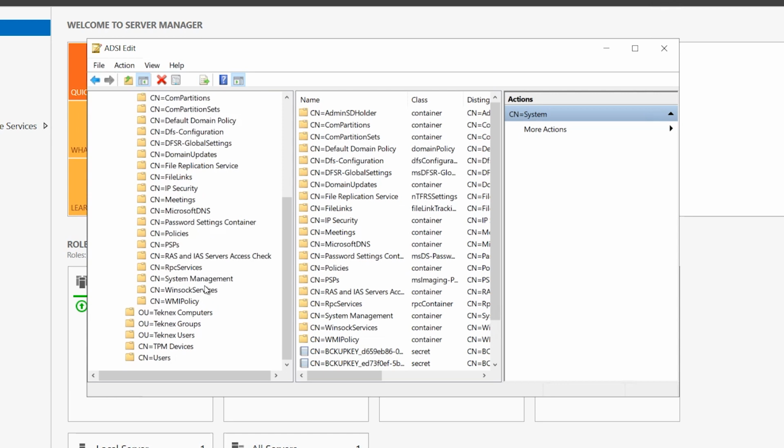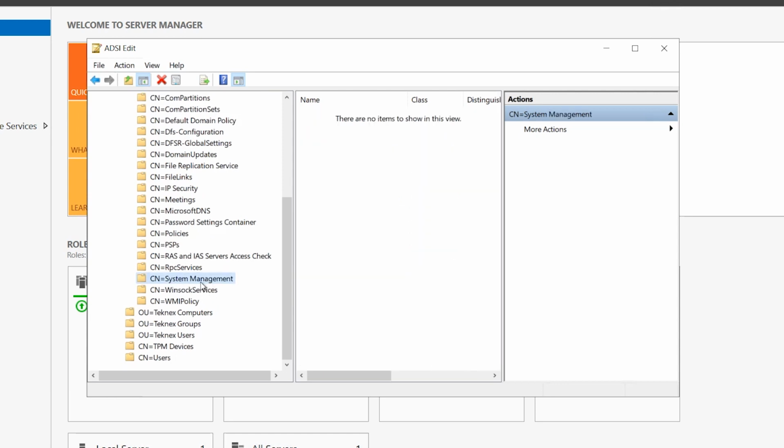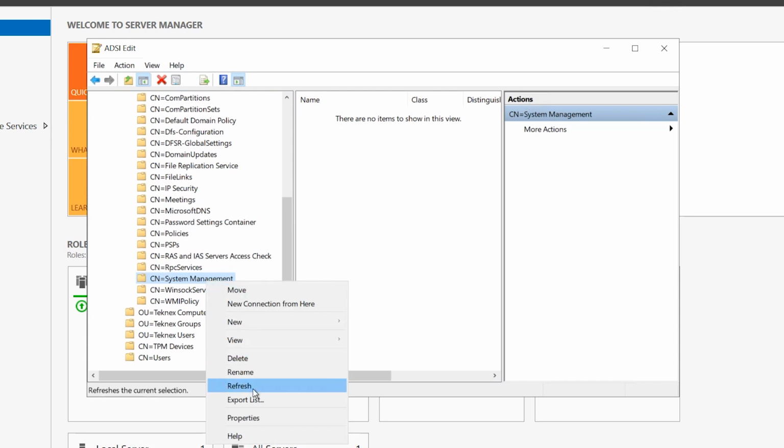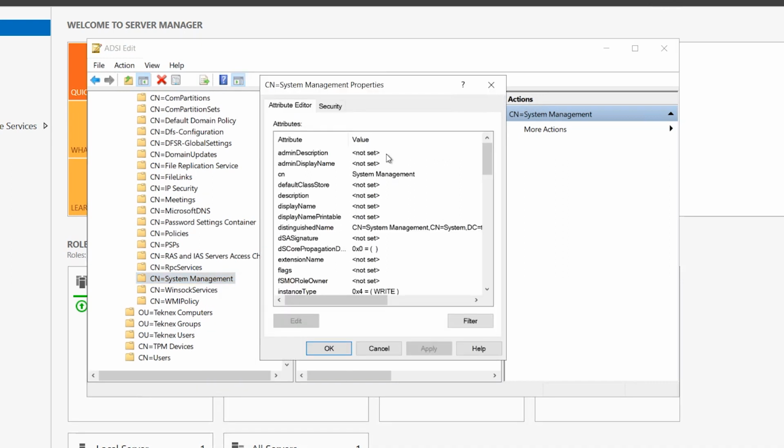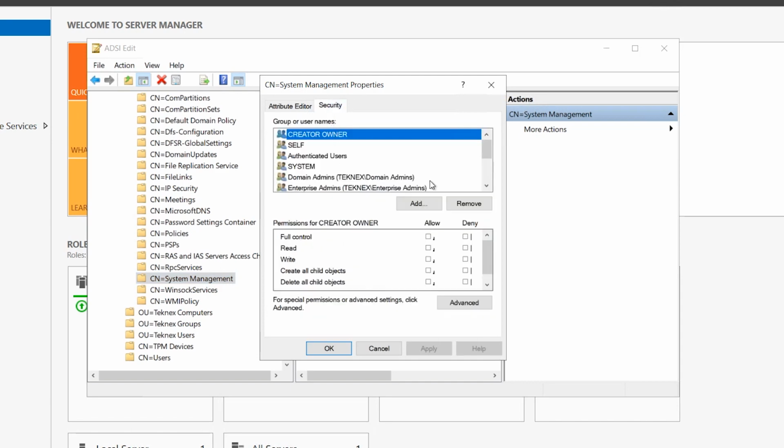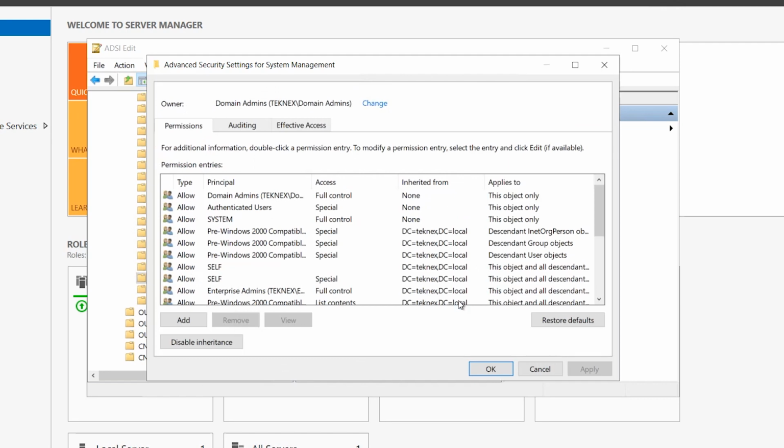So this is here, right here. So system management. Now let's update the permissions on this container. Right click, go to properties, and then in properties, security. In security further, we will click on advanced, and here click on add,